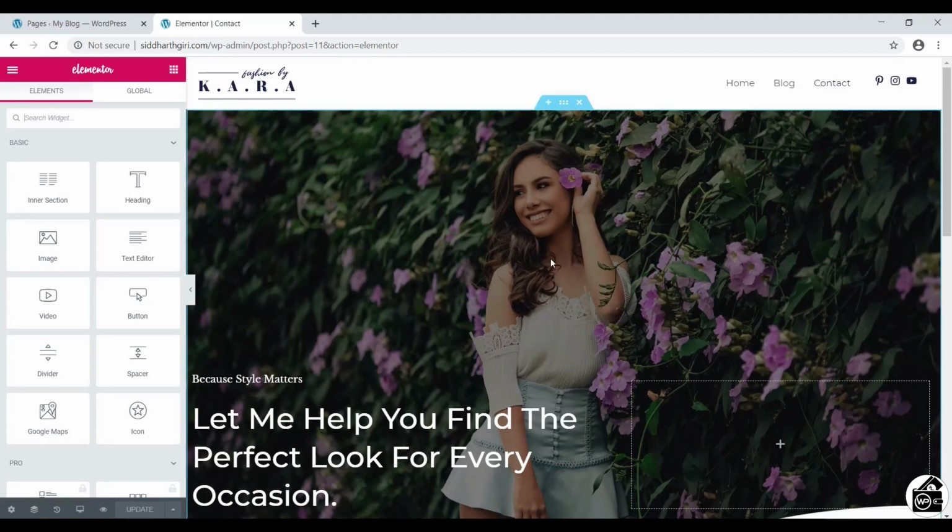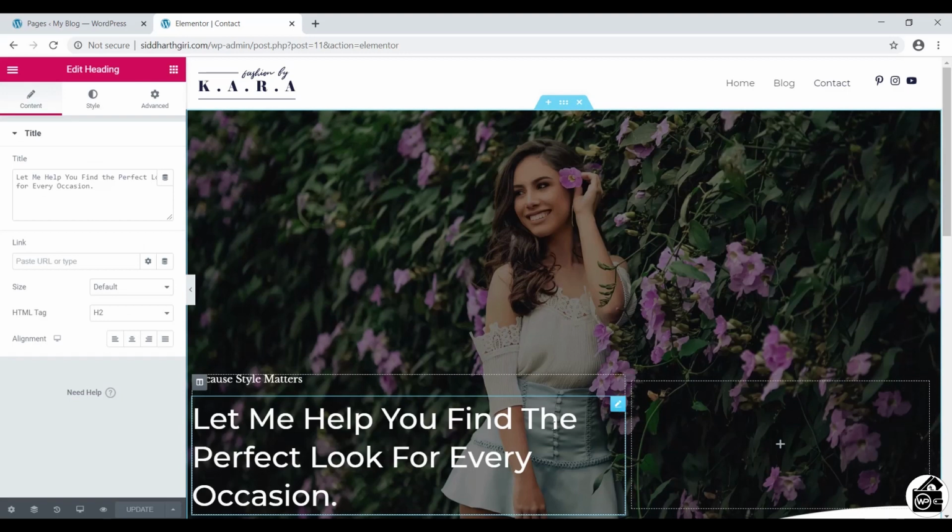Now take your cursor to the section which you want to edit. You will see a blue pen icon. Click on the pen icon, then you can customize everything as per your requirement.